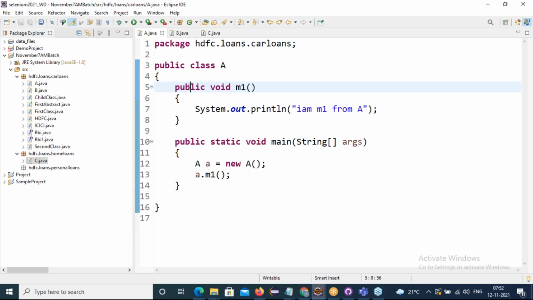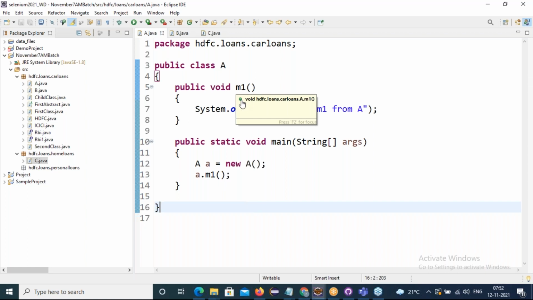Friends, how can we identify default methods and public methods? If you mouse over the methods, here we can see green color dots coming. A public method is a green color dot.